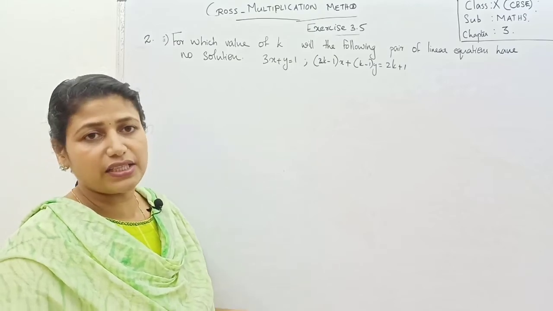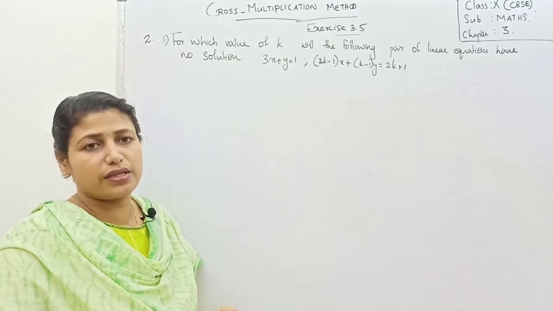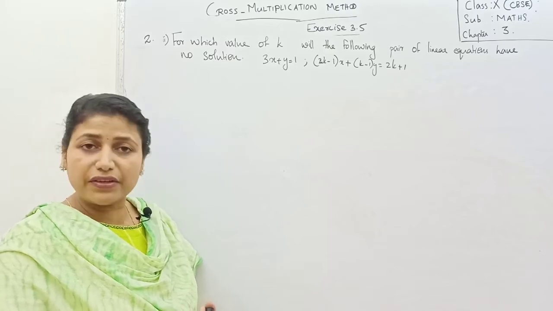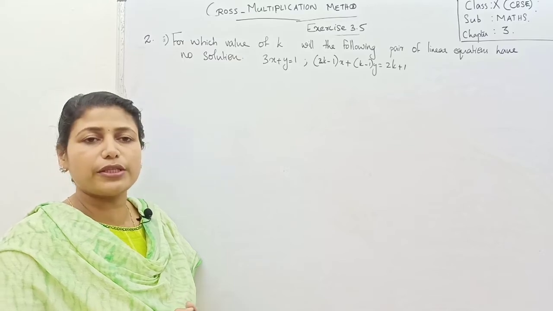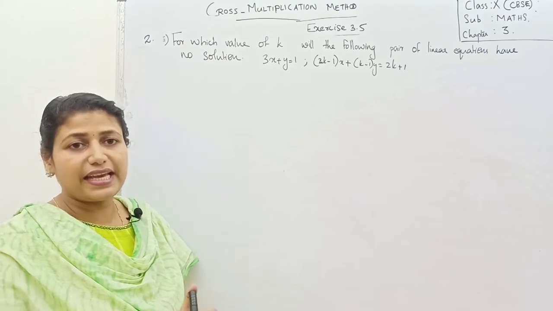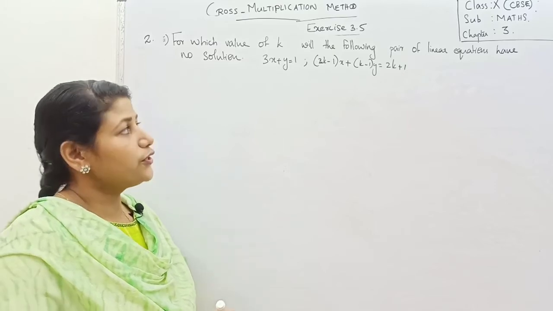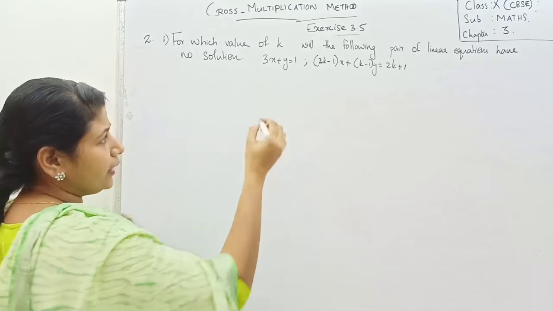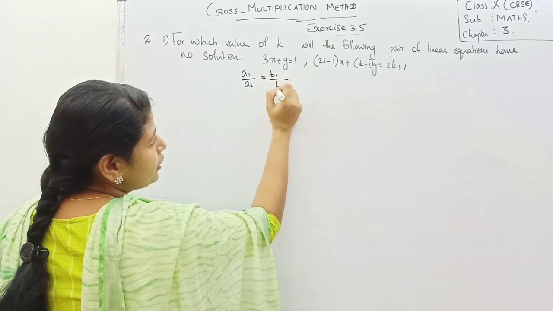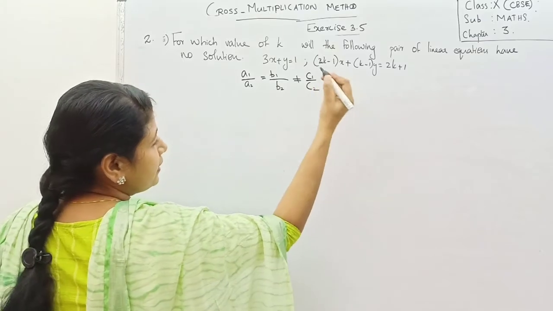So we have studied three conditions, isn't it? If a pair of linear equations has a unique solution, their coefficients satisfy a1 by a2 not equal to b1 by b2. If they have infinitely many solutions, a1 by a2 equal to b1 by b2 equal to c1 by c2. And if they do not have any solution, we know that a1 by a2 equal to b1 by b2 not equal to c1 by c2, isn't it? So we can first write the condition a1 by a2 equal to b1 by b2 not equal to c1 by c2. So we have to write the reason, since